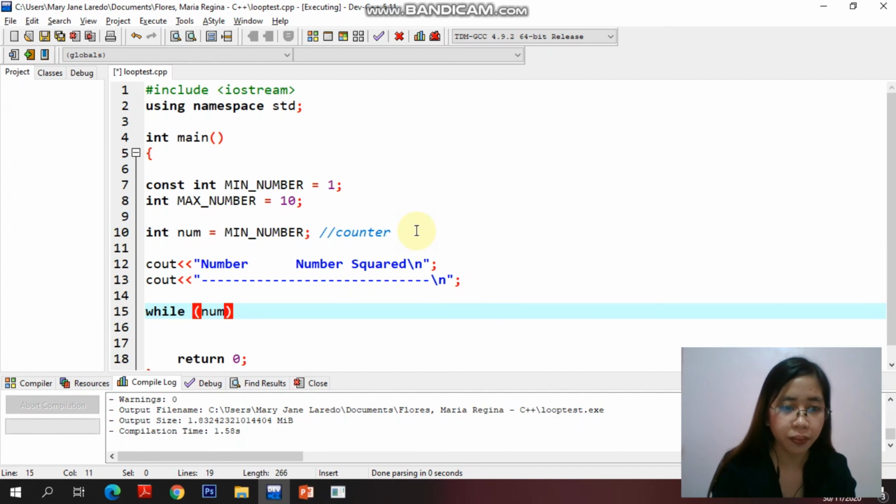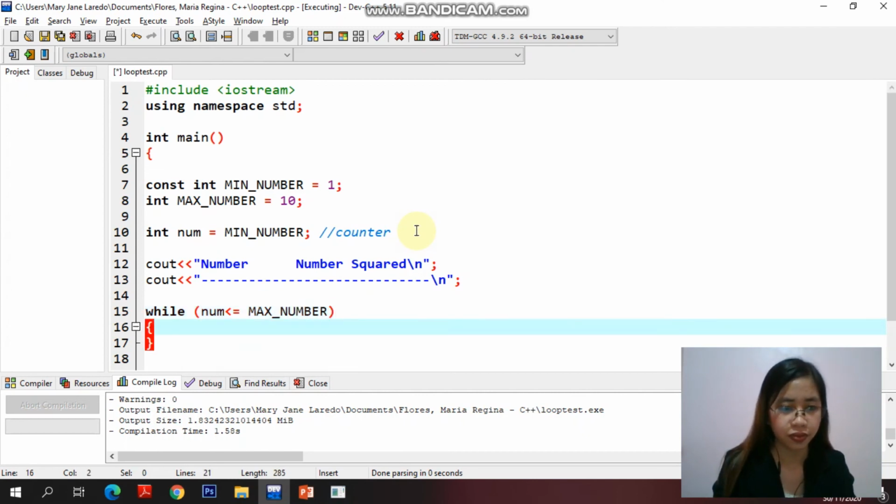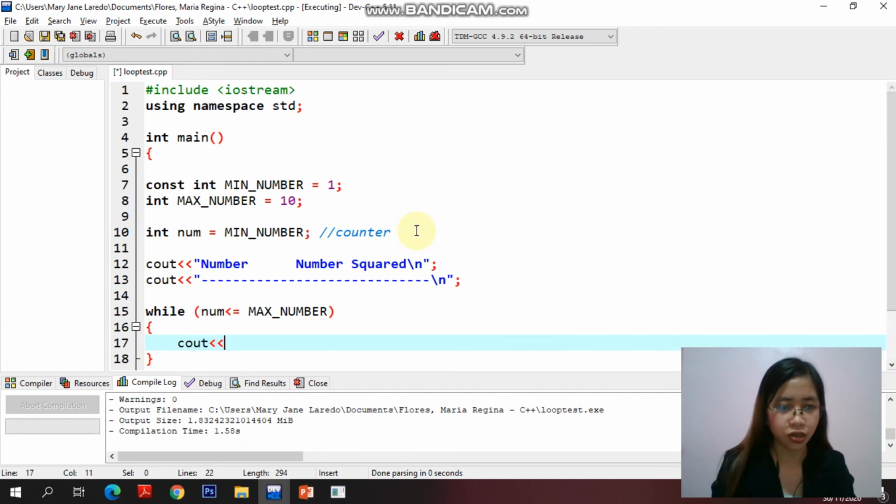So while num is less than or equal to the maximum number, yung kaninang maximum number na dineclare natin, mag-display siya nito. Call the variable num and add escape sequence tab and another formula to get the square.